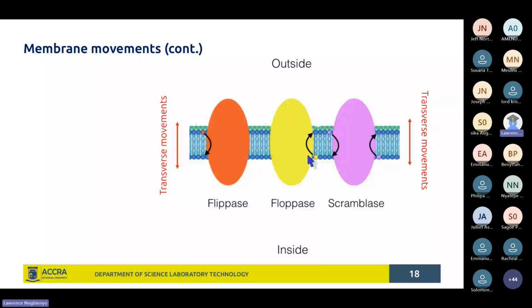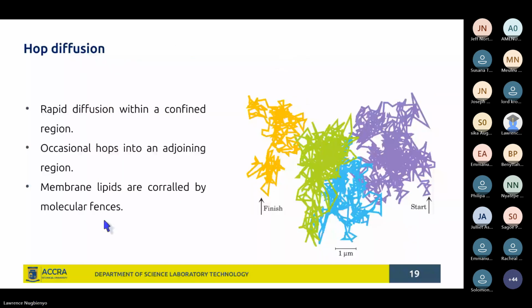Now, another kind of movement which we can talk about is what is referred to as hop diffusion. And what does it mean? Hop diffusion. So, studies have shown that, if you take, let's say, a particular phospholipid and